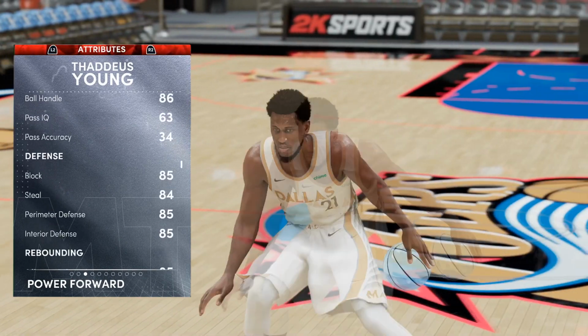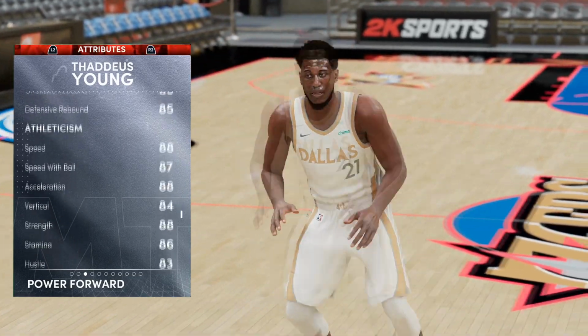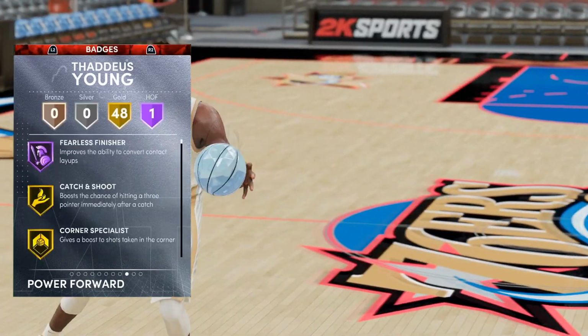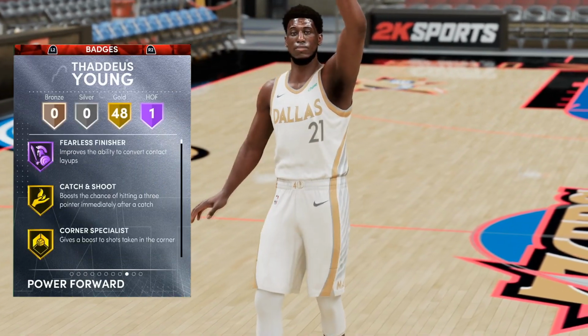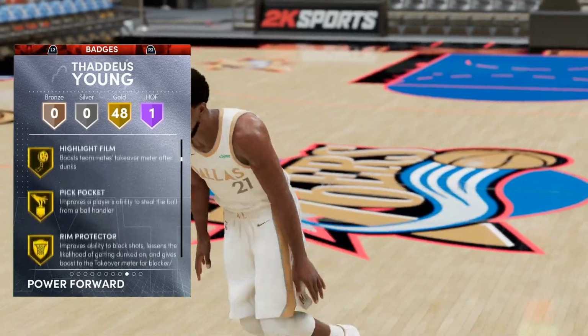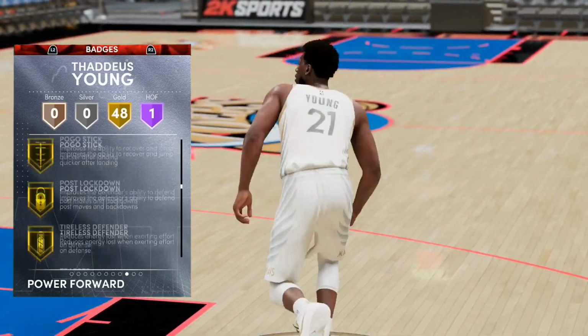Then he can speed boost as well, which is awesome, and the defense all around is not slacking at all. Basically everything in defense is an 85, the steals an 84, but we'll ignore that. Good rebounding and really good speed as well for a Ruby. If I had to be honest, Thaddeus Young, probably the best Ruby in the entire game. Sadly, only one Hall of Fame badge in Fearless Finisher, but 48 gold badges, which are going to help him out in everything. A little bit of defense, a little bit of finishing, a little bit of playmaking, but the